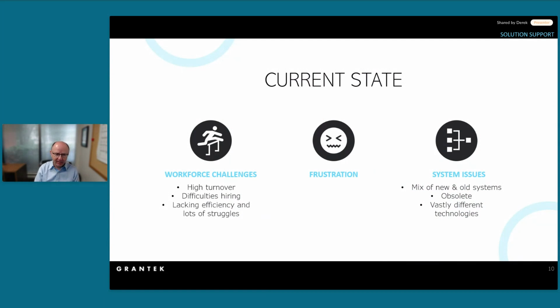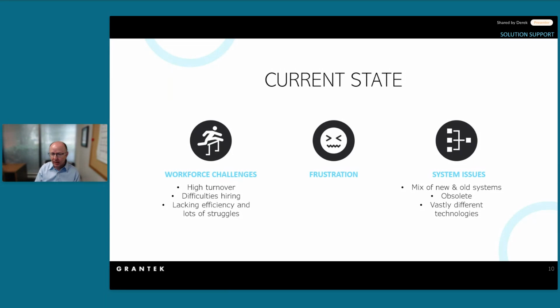And lastly, we're seeing lots of struggles because the technology is moving forward so much, and the tech that's being put into plants right now is completely different than what was there 20 years ago. And so the folks that had their methodologies and tools that worked 20 years ago may no longer have them work today. So all these things cause a lot of frustration, both on the actual core contributors, the people trying to solve the downtime, and the teams managing the maintenance teams, trying to schedule everything,